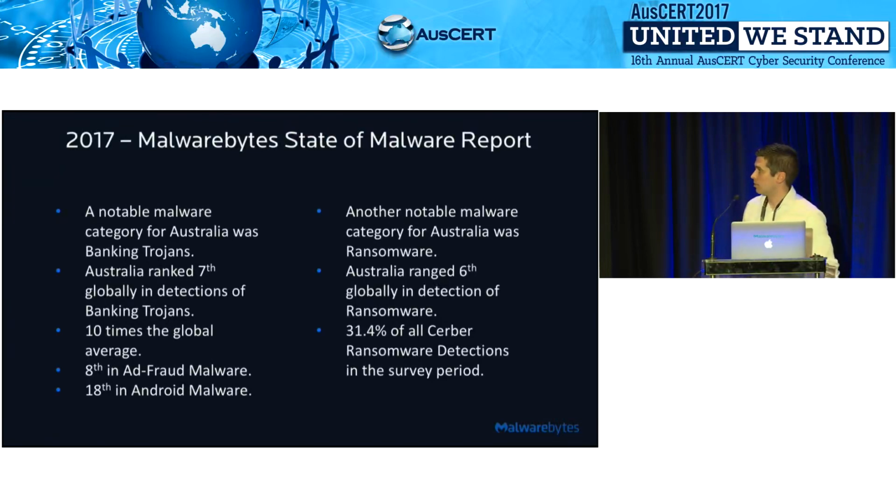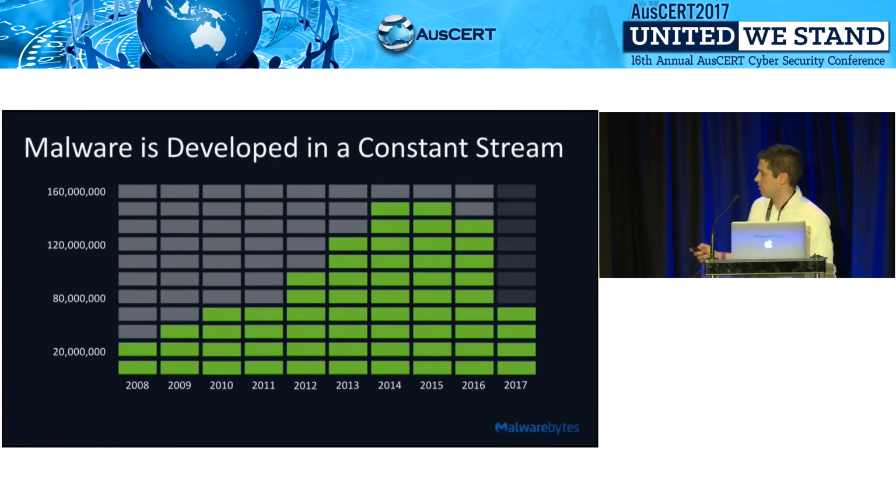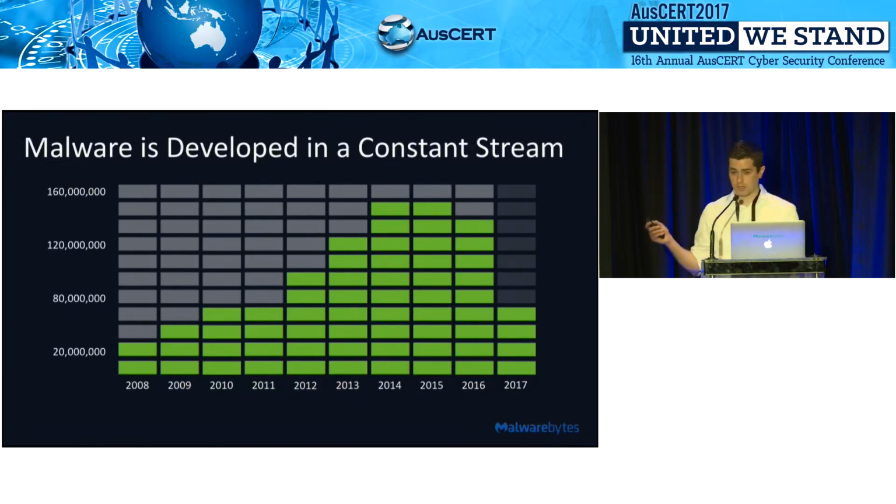So when we think about how malware has developed over the last decade, we've seen a continued trend, moving from, in 2008, approximately 20 million cases of malware that we found, all the way through to, in 2017, figures which will exceed what we've seen in 2014, 15, and 16. So the question is how? We know why. We know that hackers are no longer just hacktivists. They've determined a way by which they can create profit out of the installation of malware on endpoints.